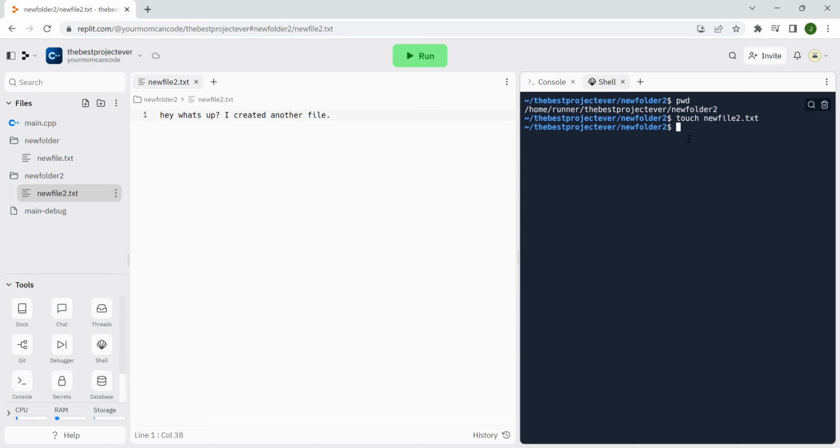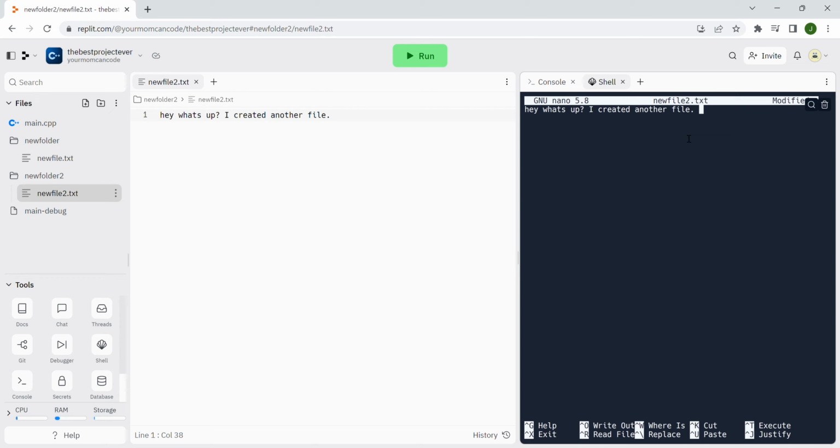Normally, if you're working on just your home computer, you can do nano new file 2.txt, and it'll open a file editor within the shell. It will ask me to download something because I'm on the internet. So let's do that real quick. Let's say yes. And it will open up this file editor, and it seems very, what would you say? I don't know. It seems like you're working on maybe the first computer ever created. You know, like Steve Jobs and Bill Gates made this or something. This is what everyone had to do when they were first working with computers, is they were on this basic type of